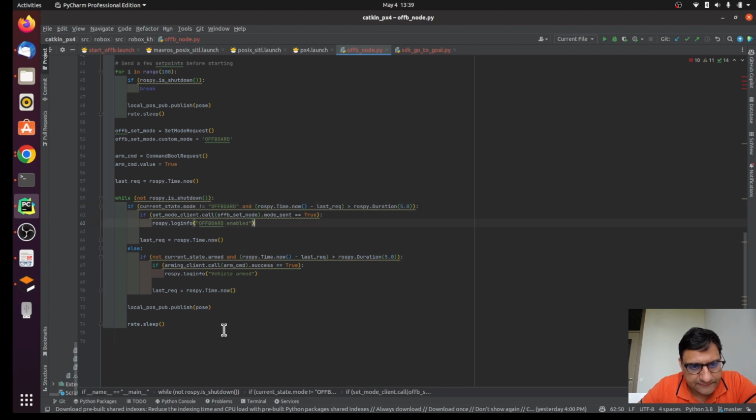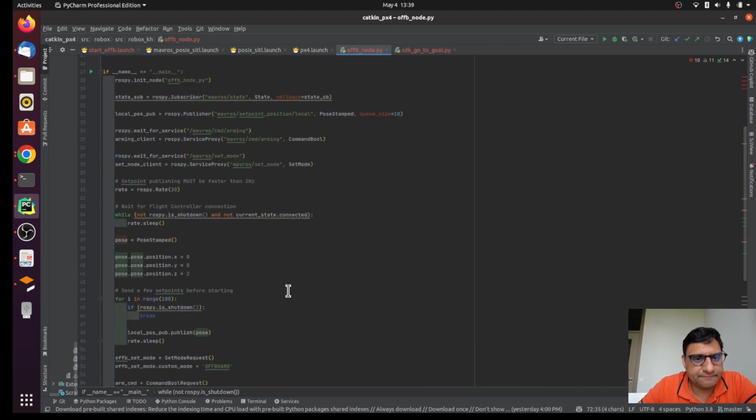This is how it's publishing pose, right? And this is the MAVROS topic position local. Queue size is 10, but you can increase the queue size here. Now this is the topic of